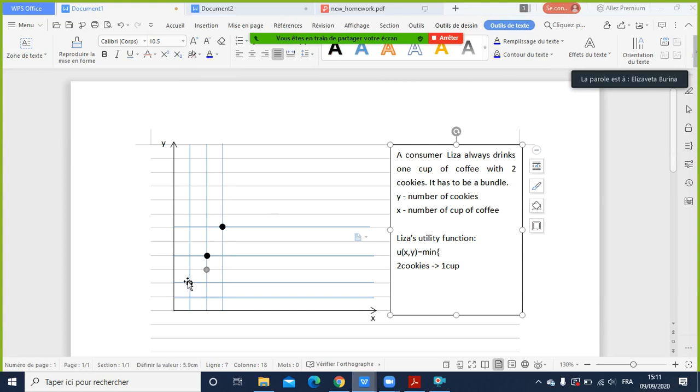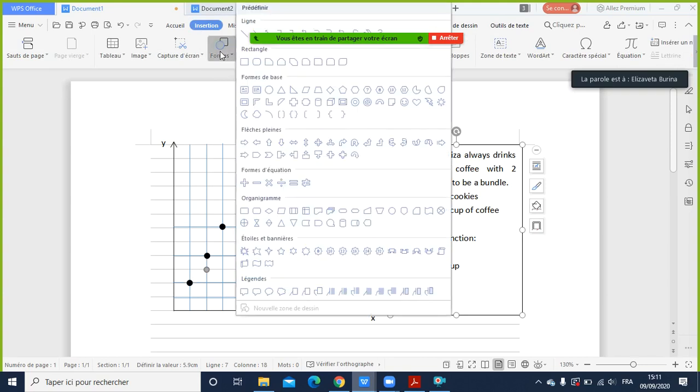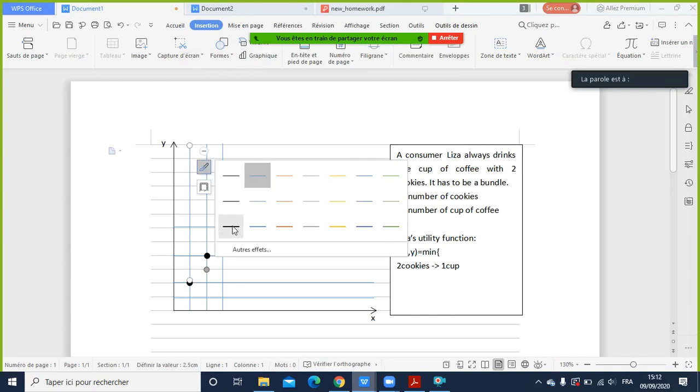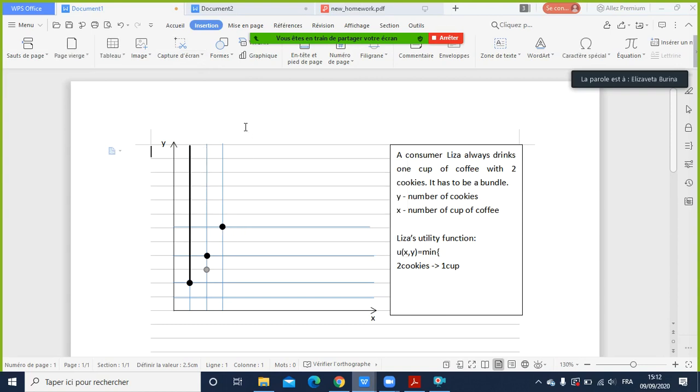Let's start from this initial point. We say, okay, so now I'm consuming 1 cup of coffee. So, to the situation of 1 cup of coffee, all these options of y will correspond. Why? Because I need at least 2 cookies to consume 1 cup of coffee, right? And that is going to work for me. So here I'm having